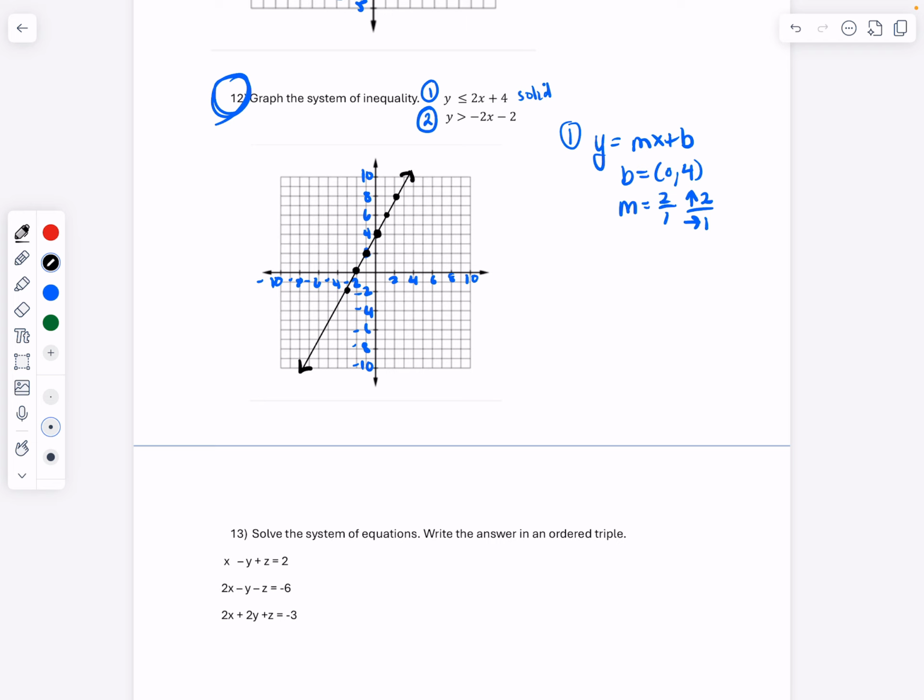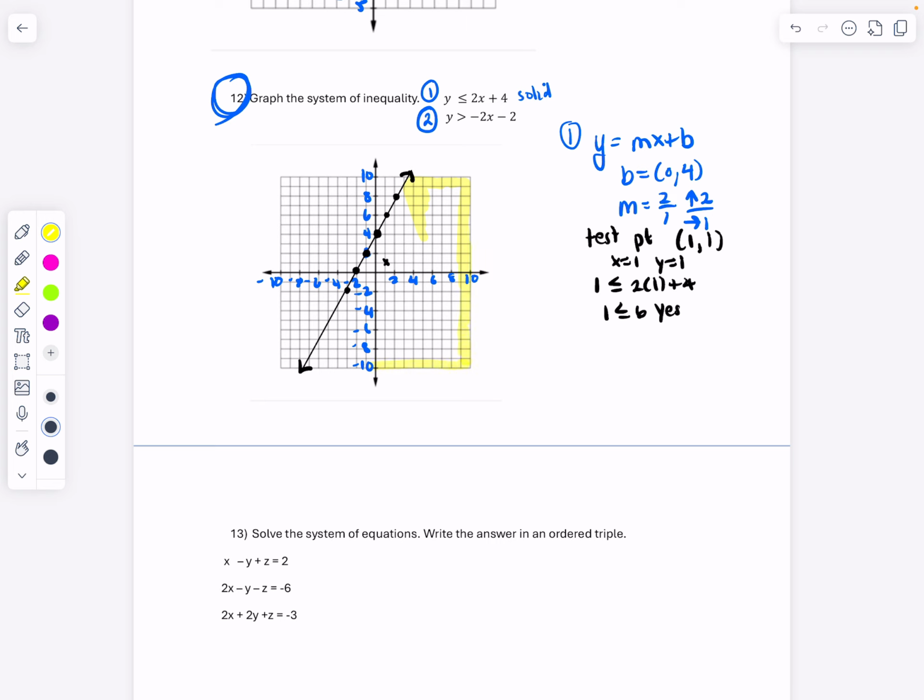My next one is I have to do a test point. I'm going to use test point 1, 1, where x equals 1 and y equals 1, and I'm going to plug it in. So 1, is that less than or equal to 2 times 1 plus 4? 2 times 1 is 2, 2 plus 4 is 6. So is 6 greater than or equal to 1? The answer is yes, it's true. So that means I'm going to plot where 1, 1 is. I made a little X where 1, 1 is. So I'm going to use yellow